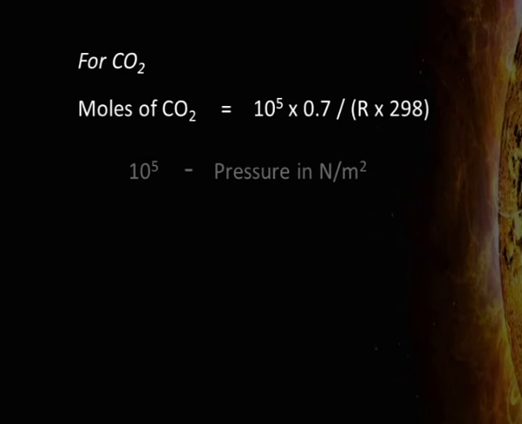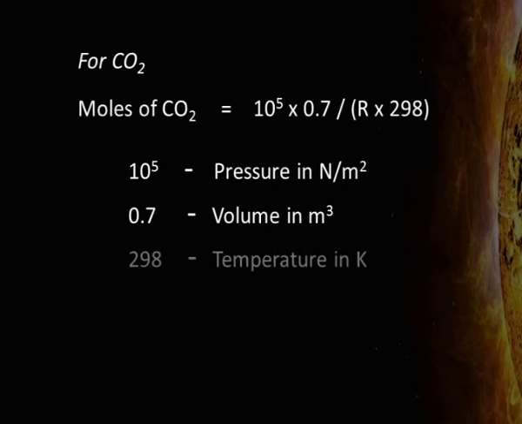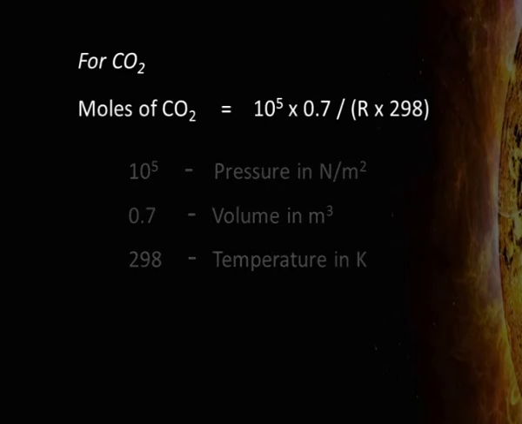Here 10 to the power 5 is the pressure in newtons per meter square, 0.7 is the volume in meter cube, and 298 is the temperature in Kelvin. So, number of moles of carbon dioxide will be equal to